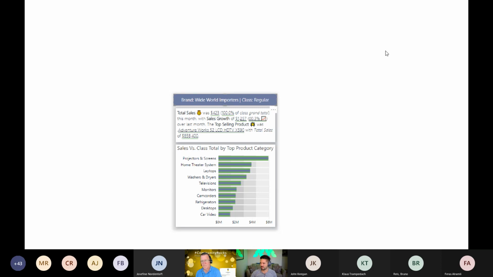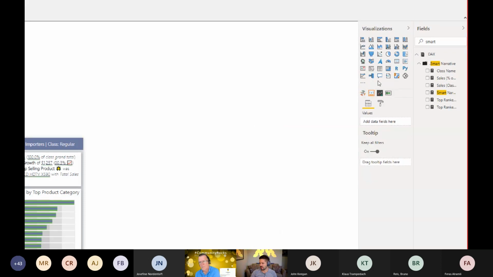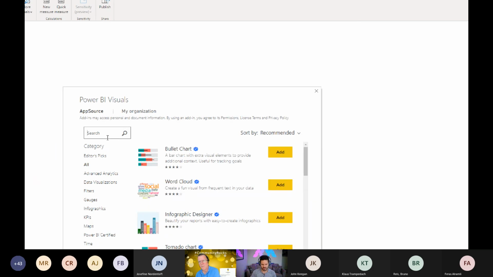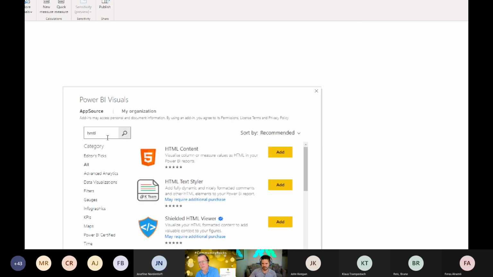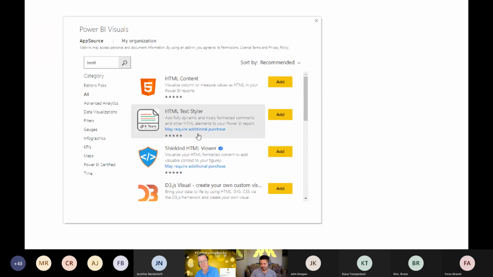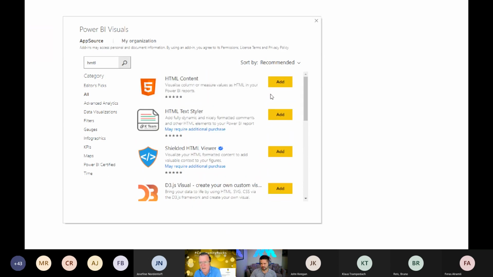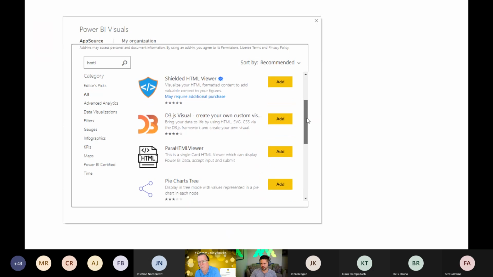You could use the HTML viewer, and I can even maybe pull that up. Yeah, and as long as the measure is fetching the single row of whatever that product ID is, then you could have the product image pop up into here as well. And you can specify a measure as an image URL. Yes, as a data category. So you can probably not put it in the Q&A or the smart narrative, but you would be able to put it.